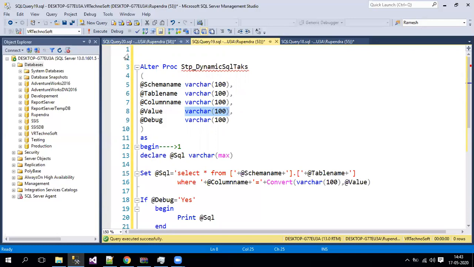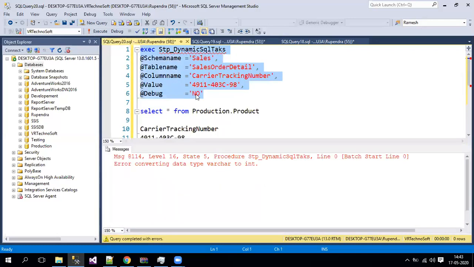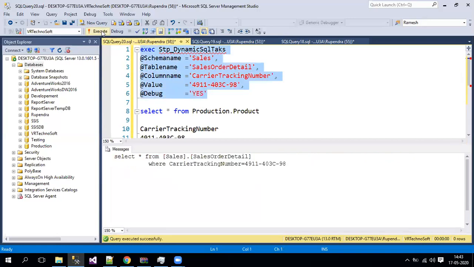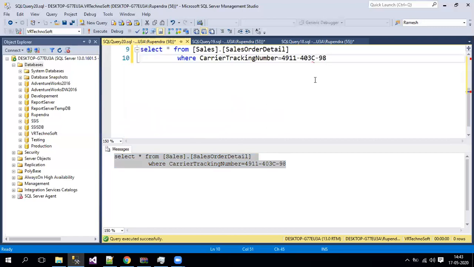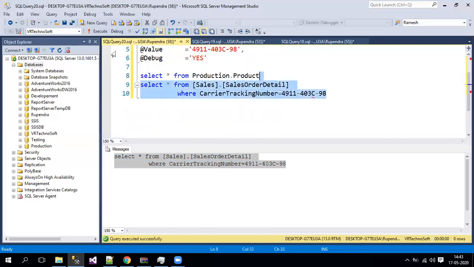Yeah. So again I'm going with debugging. Now if you see, it is giving select star from my table name, and there are open close brackets also, if you do remember. Then where clause my column name, and also it is giving some value, right? Let's execute this query outside of the store procedure, and we'll see whether it will execute or not. Obviously it won't, because it's a character, right?